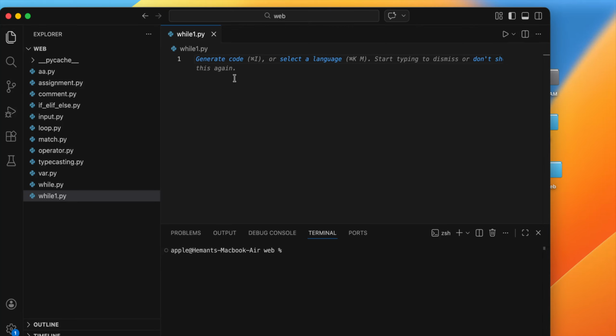So in the previous video, we saw how the for loop executes in Python. Now in this video, we are going to talk about the while loop. So the while loop